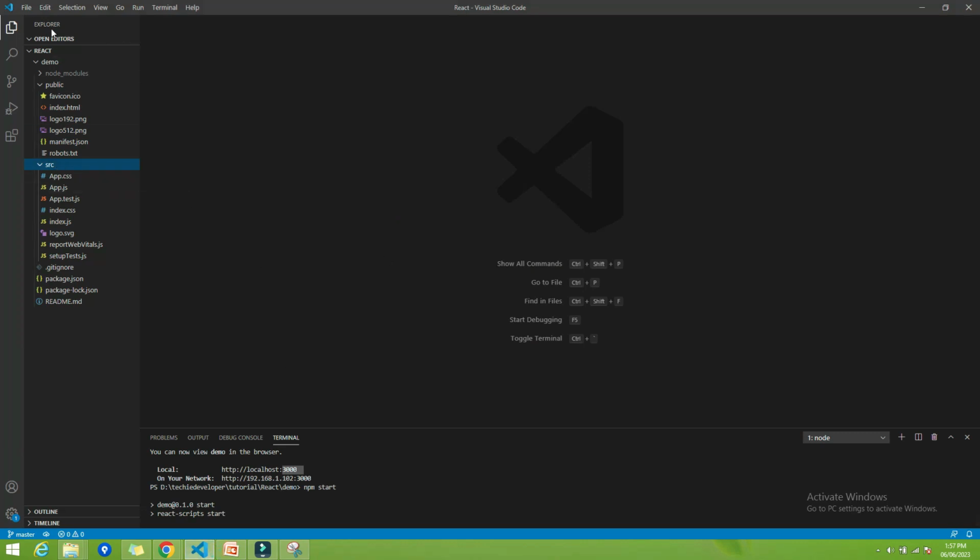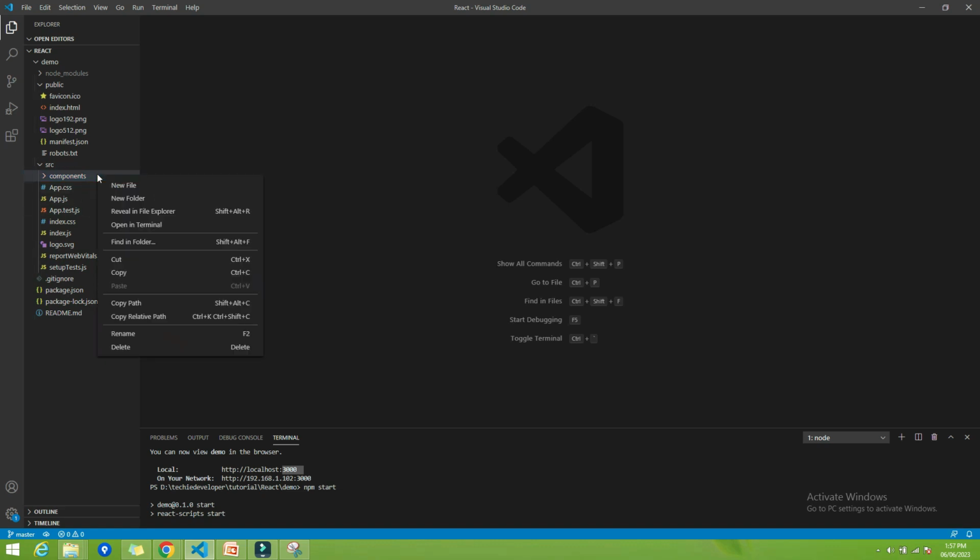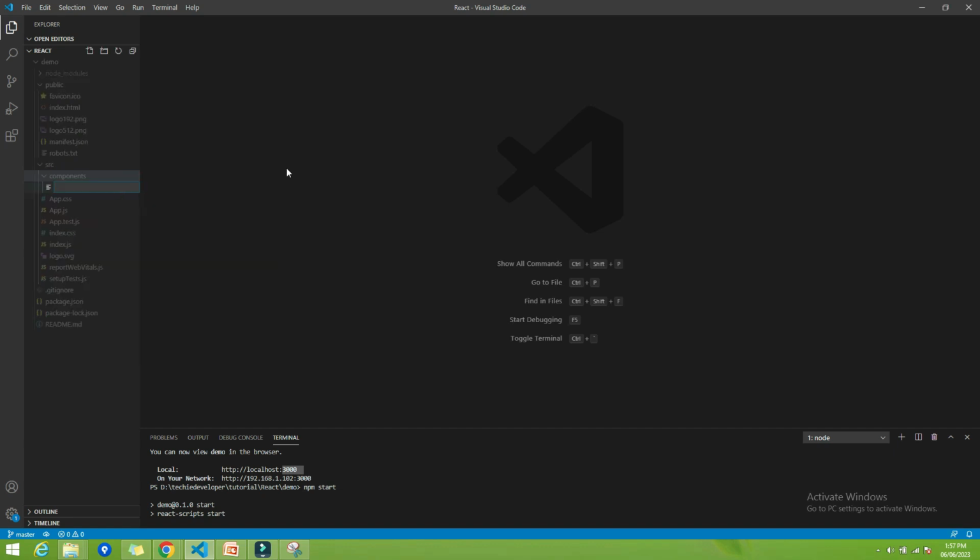Here is the project which we created using the command line. Now let's create another folder inside the source folder. I will give the name components. So I have created the new folder named components. Let's create our first component. Just right click on this folder, create a new file, and give the name